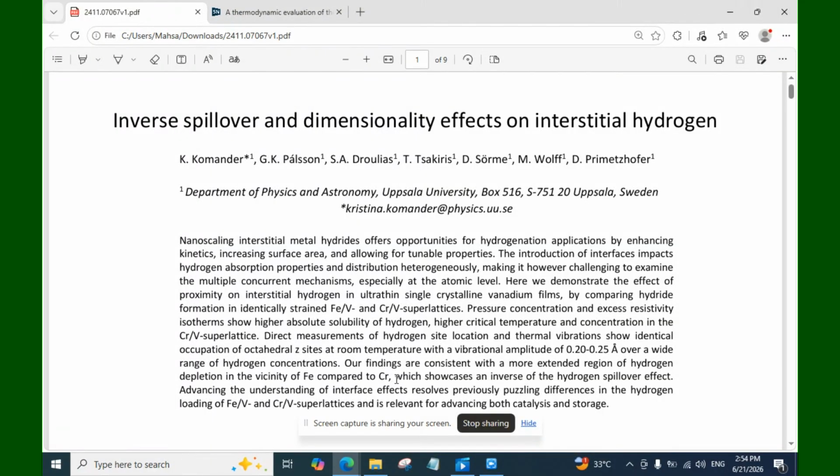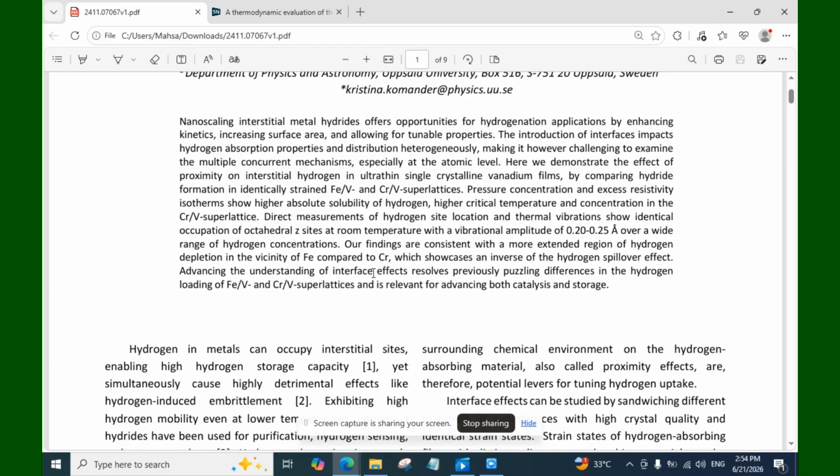Our findings are consistent with a more extended region of hydrogen depletion in the vicinity of the Fe compared to Cr, which showcases an inverse of the hydrogen spillover effects, advancing the understanding of the interface effect. It resolves previously puzzling differences in the hydrogen loading of the Fe/V and Cr/V superlattices and is relevant for advancing both catalytic